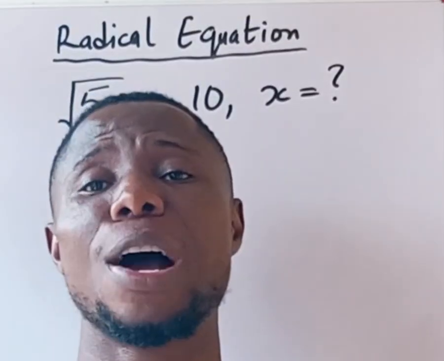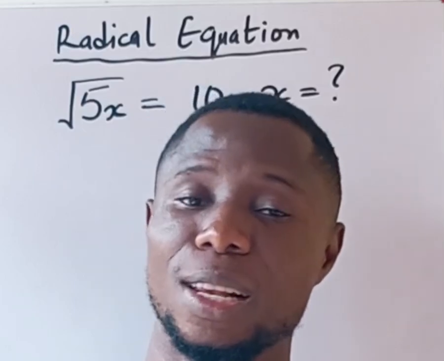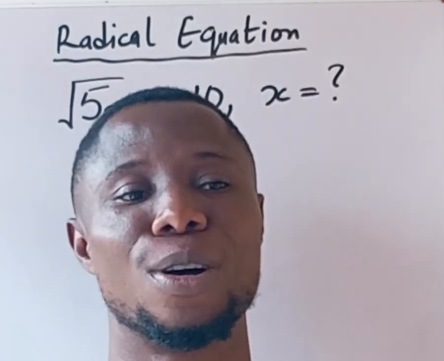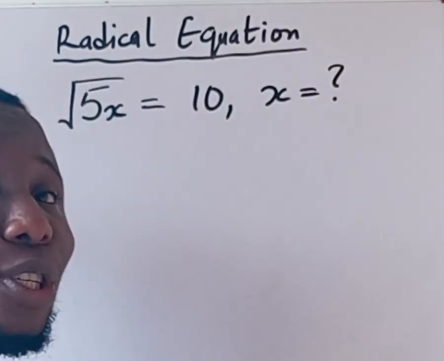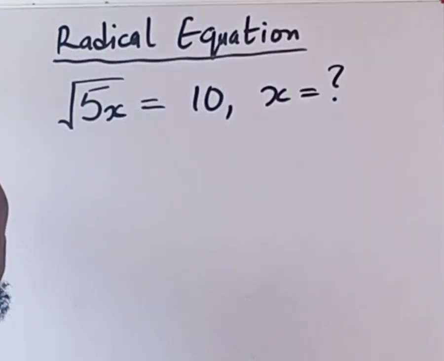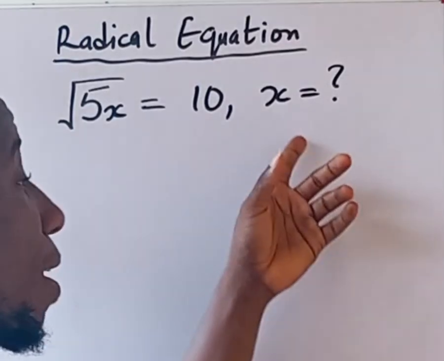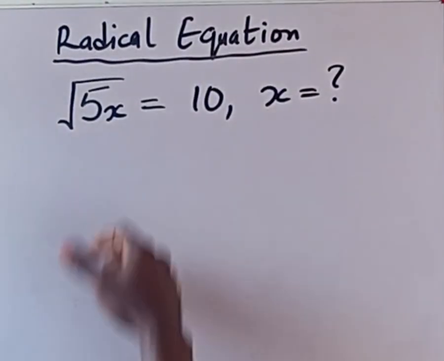So, do you have problem solving radical equations that always lead to a linear equation? Say no more. Follow me to the board and I'll teach you how to simplify questions like this, alright? So we have on the board root 5x equals 10. What is the value of x? Simple. All we need to do is to